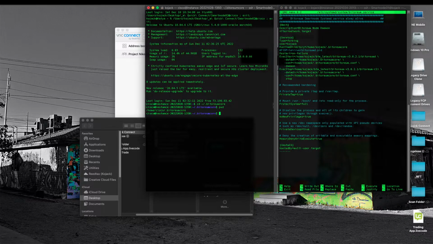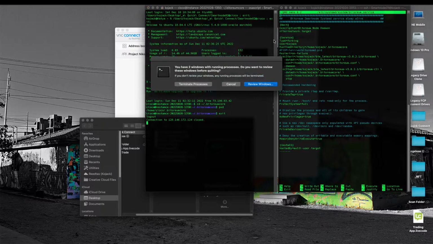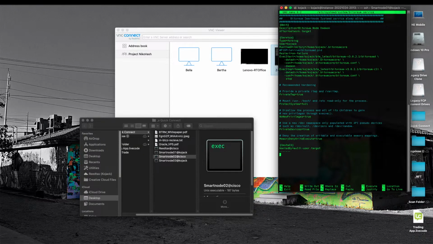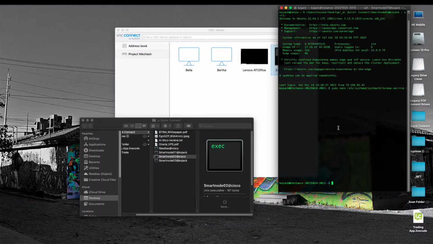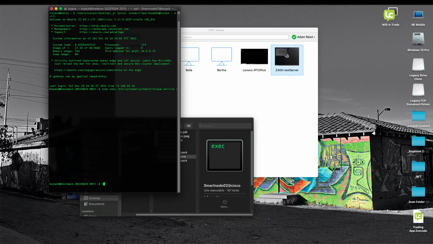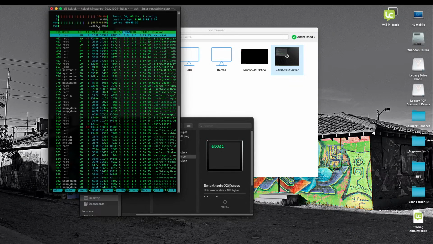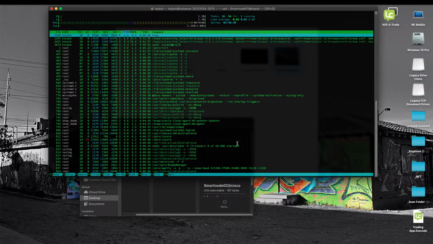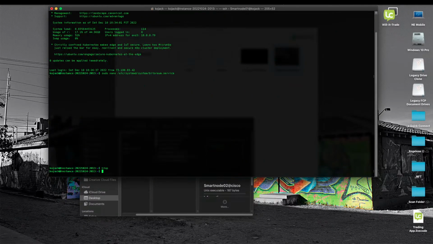Oh yeah, this is still the other one. Oh, we don't want to. Okay. What we do want is Control X. So we are back on Smartnode 1. And using htop, we can see that we only have a 2 gig swap file. And I actually like that. So I think what I'm also going to do is cd